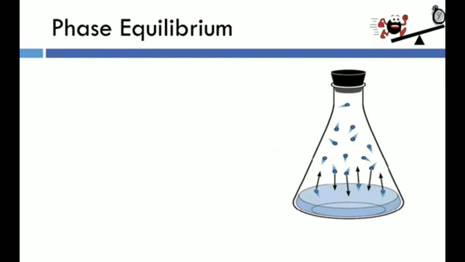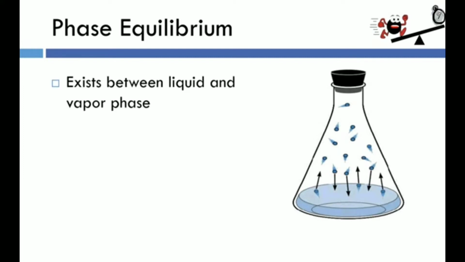So there are two major types of equilibrium. There's physical equilibrium and chemical equilibrium. We're going to start with physical equilibrium and look at phase equilibrium. So in this example, you can see an Erlenmeyer flask that, when it has a stopper on it, appears like nothing is changing. So if this flask is stoppered, which is really important when we have equilibrium, that it is a closed system,